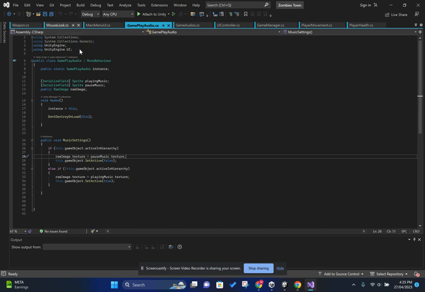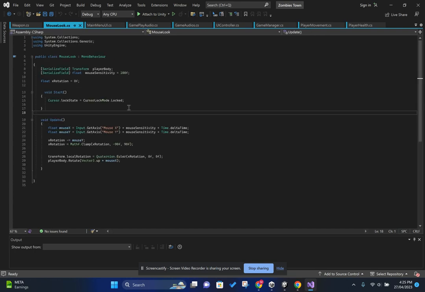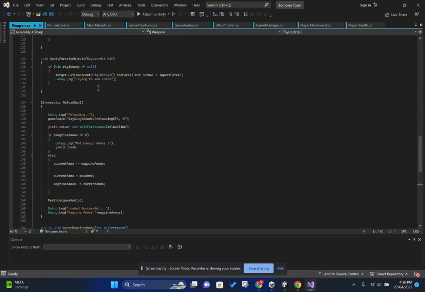Yeah. As for the mouse look in the game, I'm locking the cursor state whenever the game begins. I'm using the old input system in Unity to detect the horizontal and the vertical axis in the game, x and y axis. And as for the weapon, I'm using,